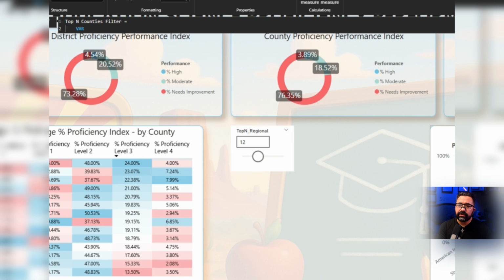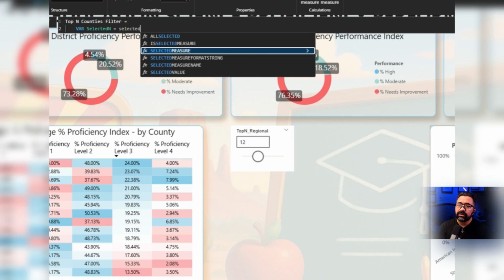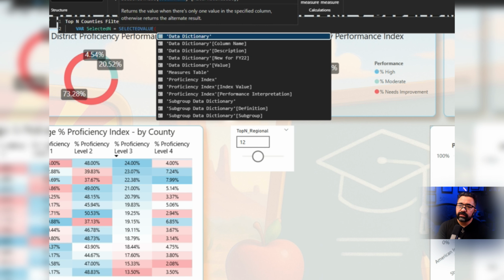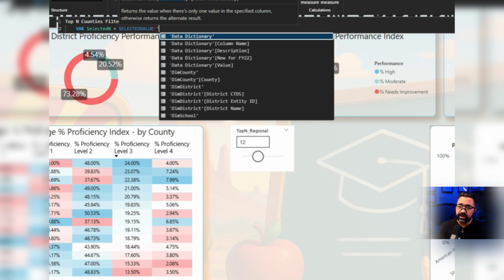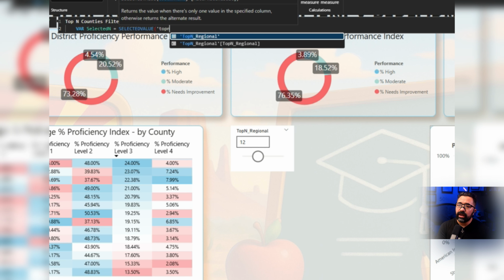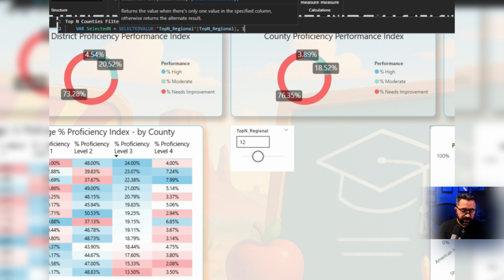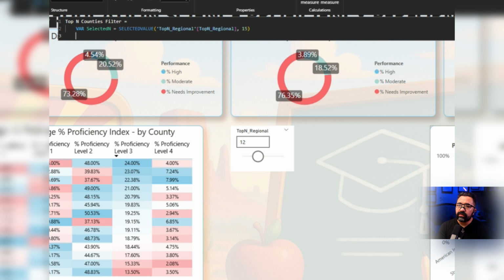So for this, it'll be var, it'll be selected N equals selected value, and then it's requesting a table. So we're going to say top N regional, and then top N regional, and 15. Shift enter for a new line, var for new variable, space, rank table